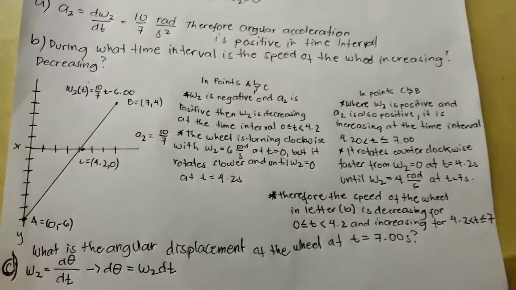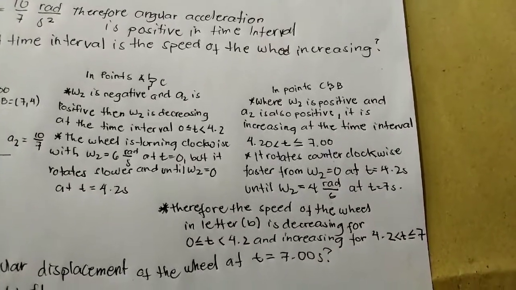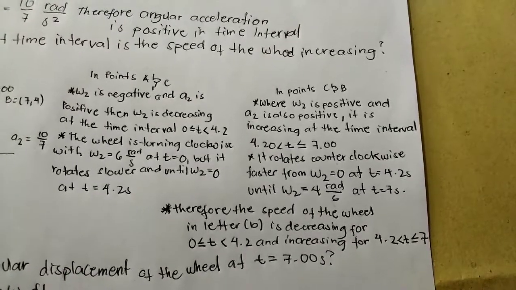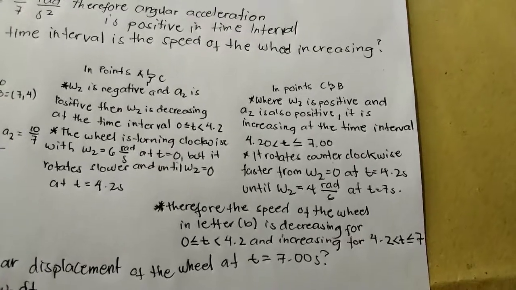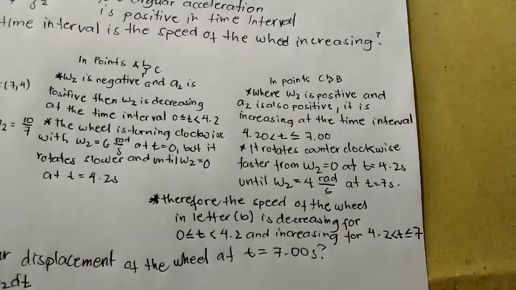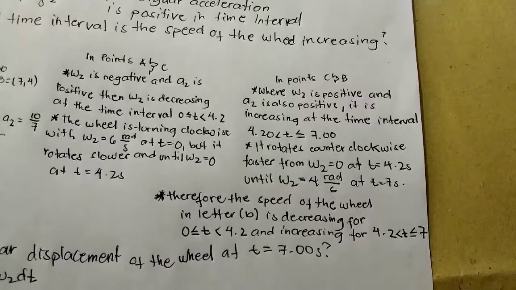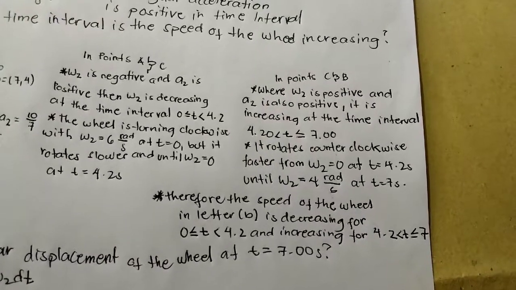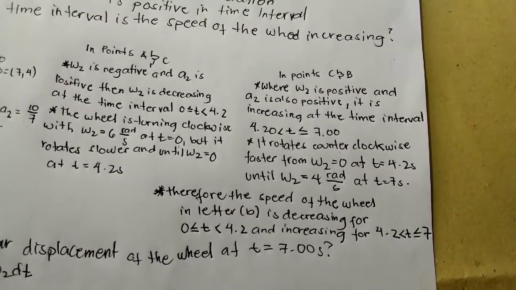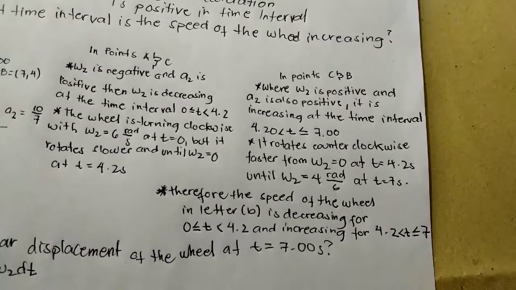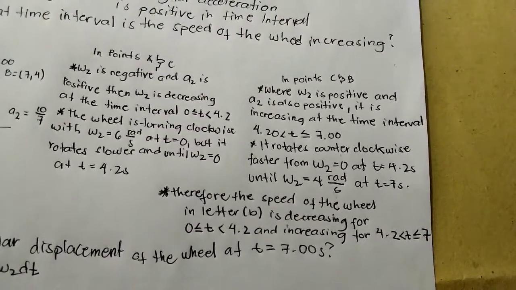And at points C and B, where angular velocity is positive and angular acceleration is also positive, the speed is increasing in the time interval 4.2 less than time less than or equal to 7, and it rotates counterclockwise faster